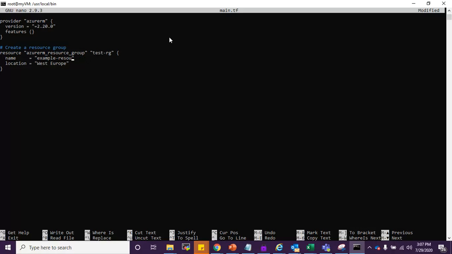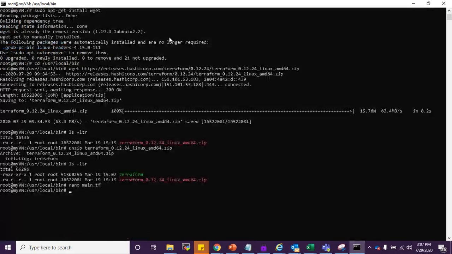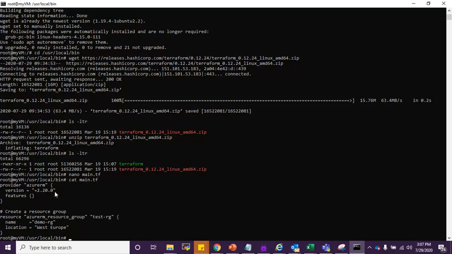This I'll give it as demo RG. For saving, Control X, yes, and enter. So quickly cat main.tf. My file is saved, as you can see.